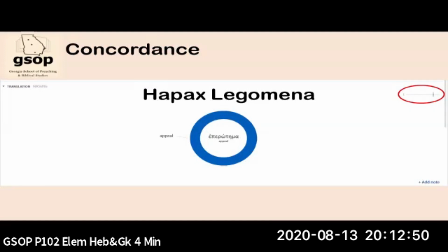Someone had done through Logos 5, an older version, but they said it's updated, of all the hapax legomena words in the New Testament. There are 62 in 1 Peter. Only used once. Now that's a little misleading because some words have a lot of